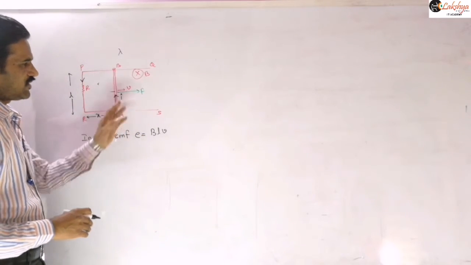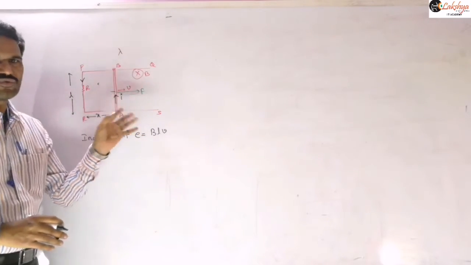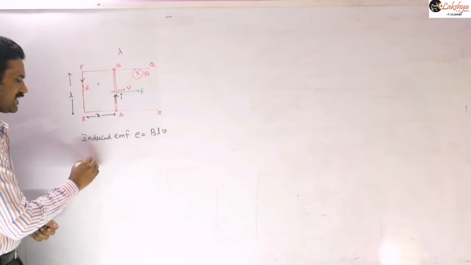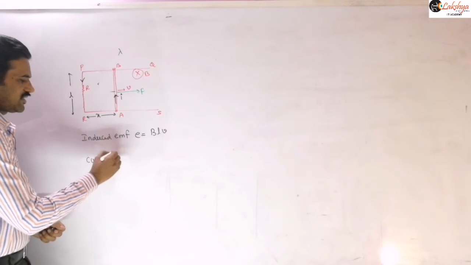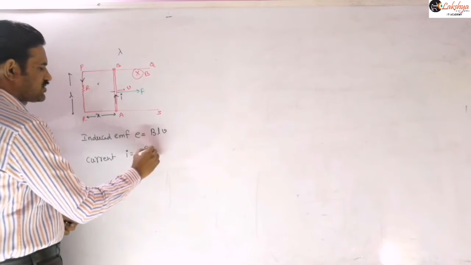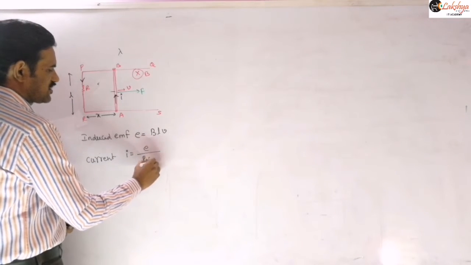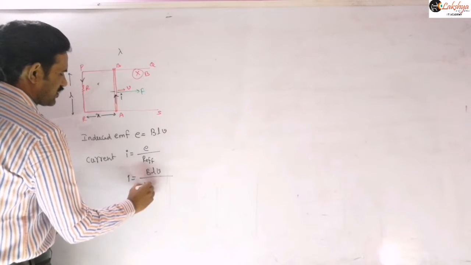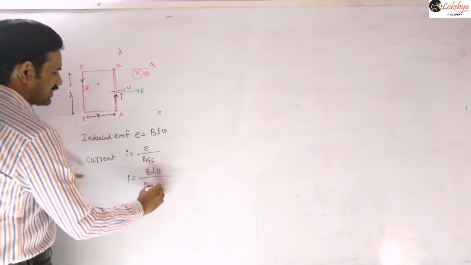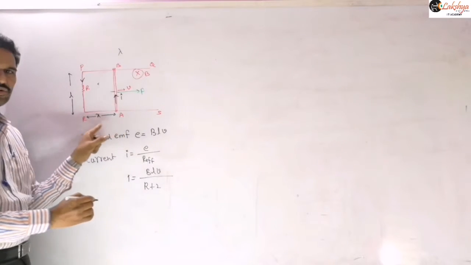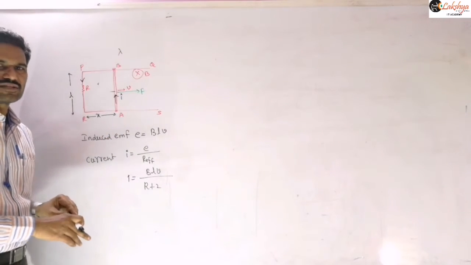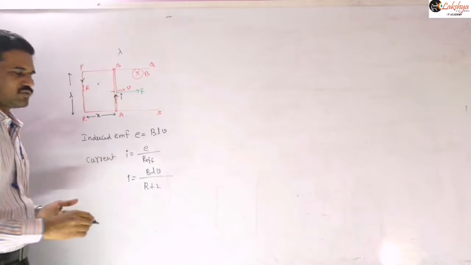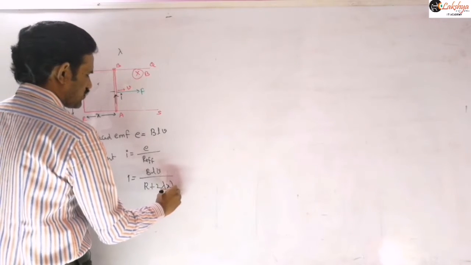V may be variable, and a constant current is flowing here. That is the only given information. F is a variable force. Now the current at any instant is I equal to the induced EMF divided by the effective resistance. The induced EMF is BLV, and the effective resistance is R plus the resistance of this part, which is lambda into X because lambda is the resistance per unit length. Here lambda X, and here also lambda X, so 2 lambda X. Is it clear? This is the total resistance now.